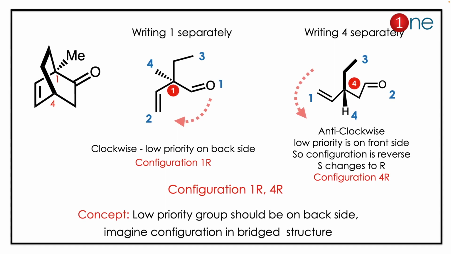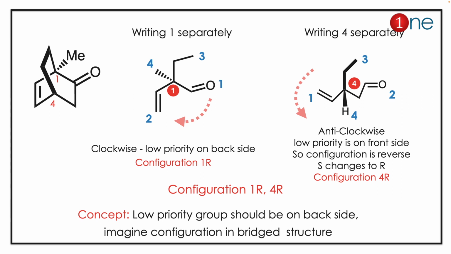Here the structure is rigid and difficult to imagine, so you have to write it separately for your understanding. You have to write 1 and 4 separately, then assign the priorities. The priority of the first one goes to carbonyl, then alkene, then ethyl, and finally the fourth one, which is on the backside. So if you write the configuration, our low priority group is on the backside, so there is no change in